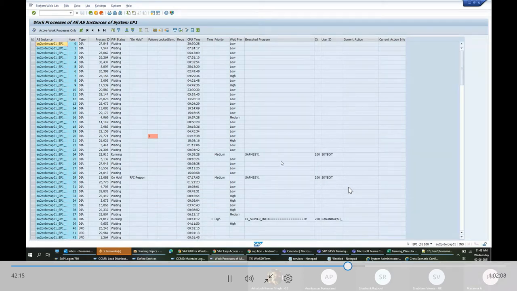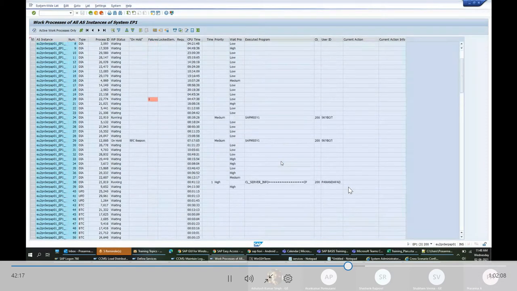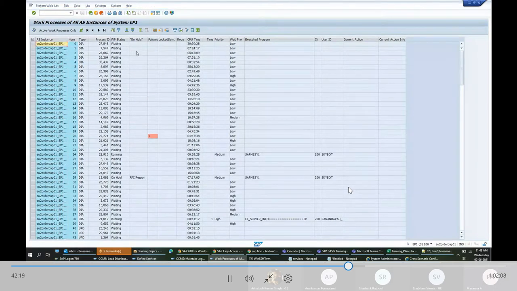Now what I'll do is select only the work processes that are occupied. I'm not worried about the waiting ones because they are free. I can choose to display only 1 minute.